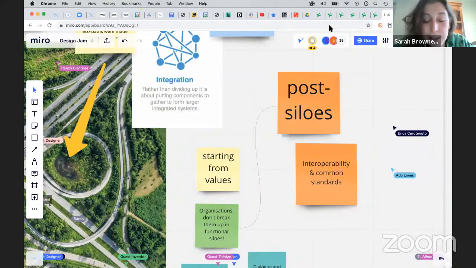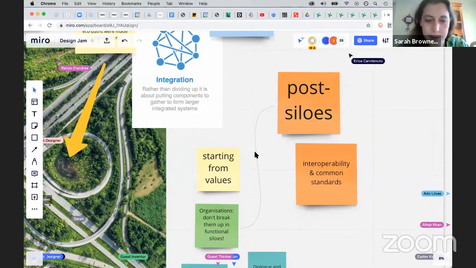If we can agree on a specific set of values that we want the city to function under. I'm thinking about the example of Curitiba, Brazil, where they started with, we're going to focus on designing with nature and serving the most vulnerable parts of the population, but that ended up making it better for everybody. And so they could reflect on any decisions related to those values.